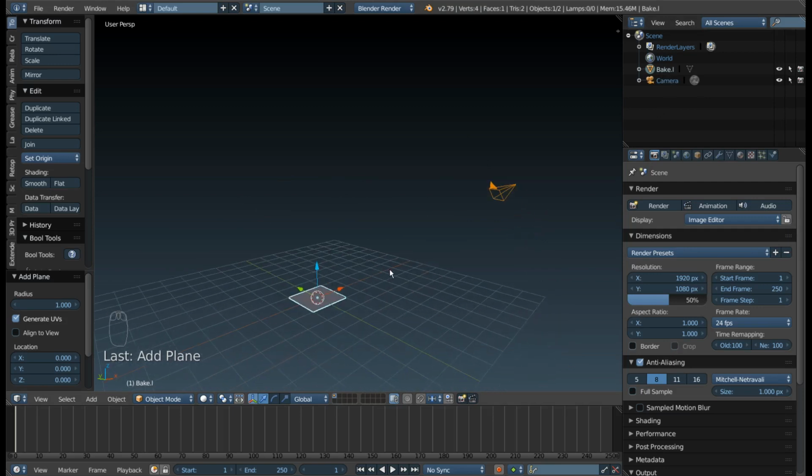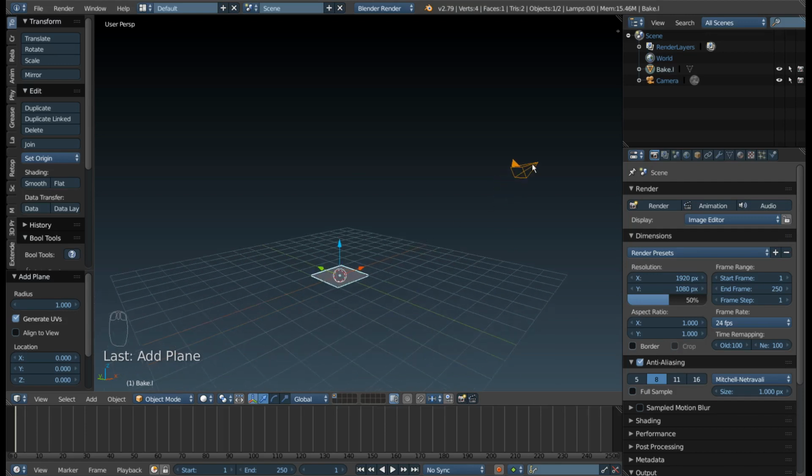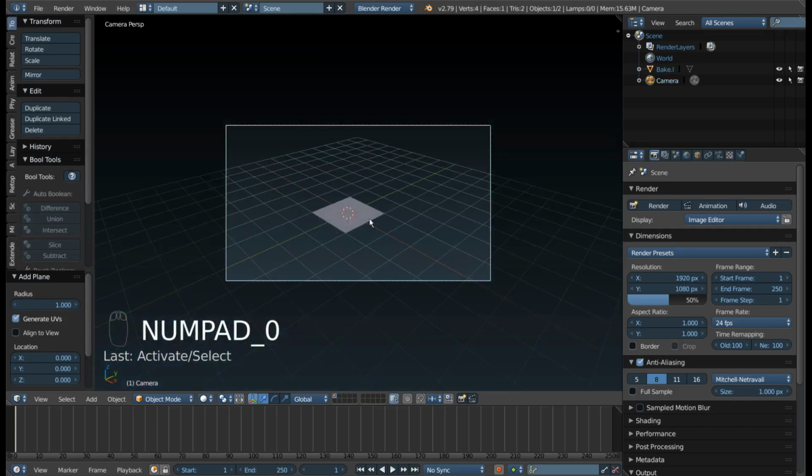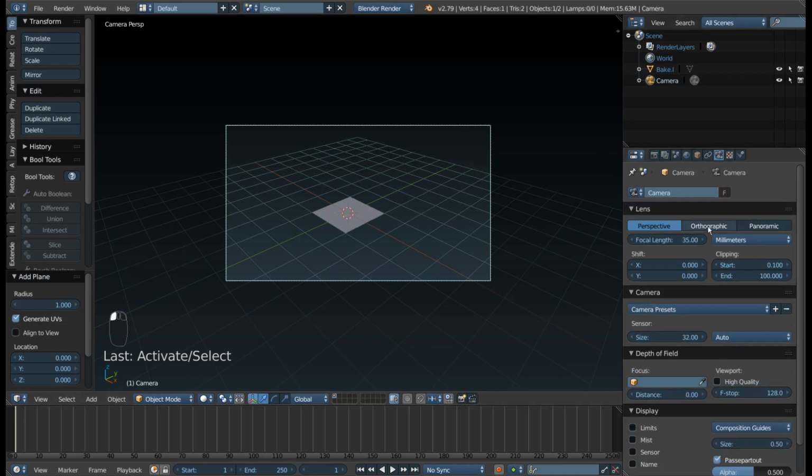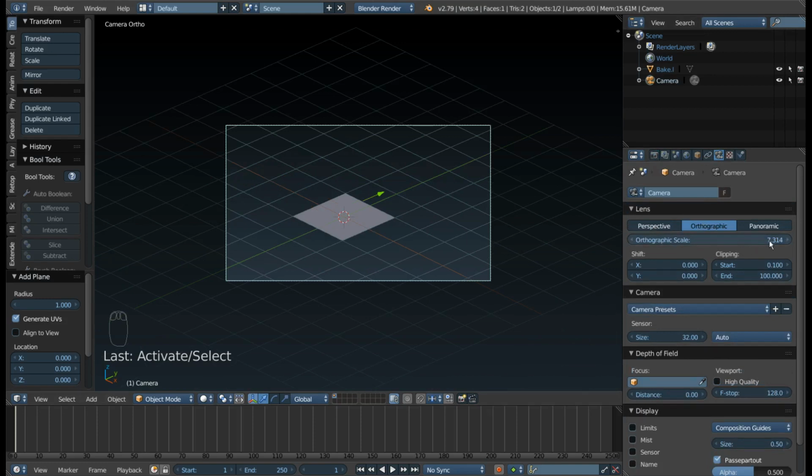And what I'll need to do now is to adjust the camera to look exactly at our plane. Now it doesn't look at the plane at all, and it is in perspective mode. We need it to be in orthographic mode first of all. To do this, we'll go to the camera settings and change the lens from perspective to orthographic. This number here is 7.3, and what it depicts is